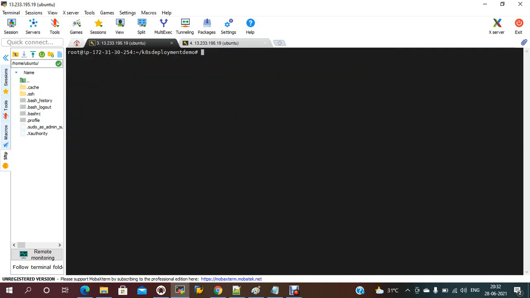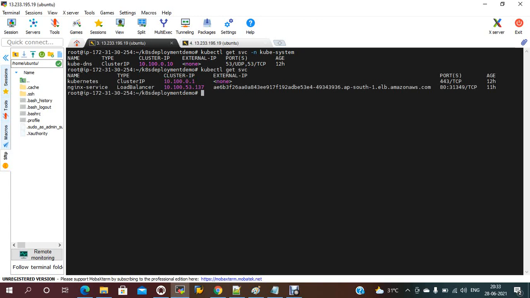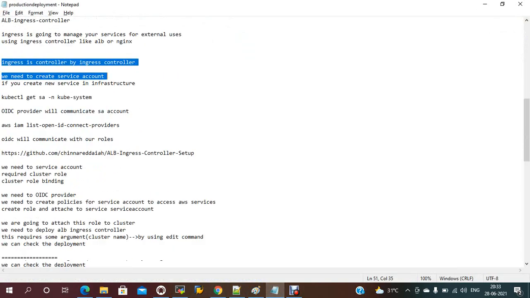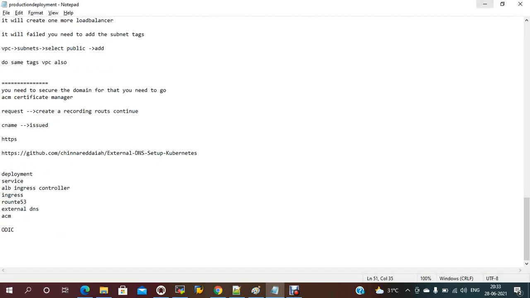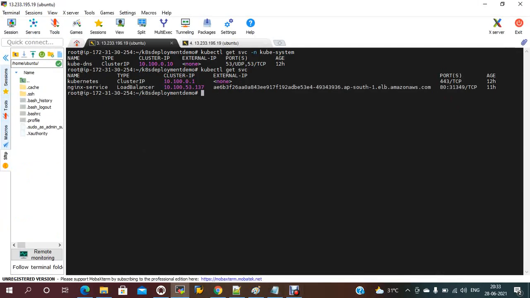Let me get the services. kubectl get services -n kube-system. Only the cluster IP is there. Now remove this one and check if the load balancer is there. Now for that issue we have to edit some file.